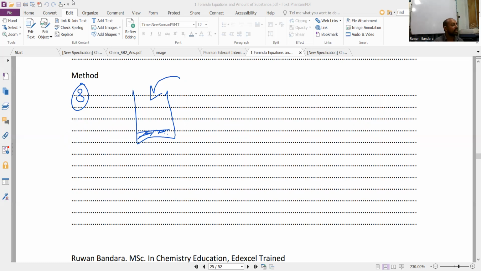Dissolve 100, then another 100 dissolve. You should not add 250, remember well. This is not the apparatus that we are going to make the standard solution with. Don't use the entire